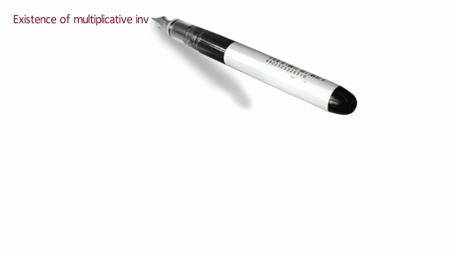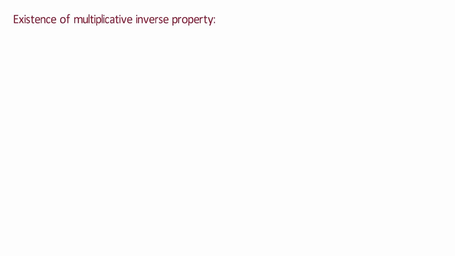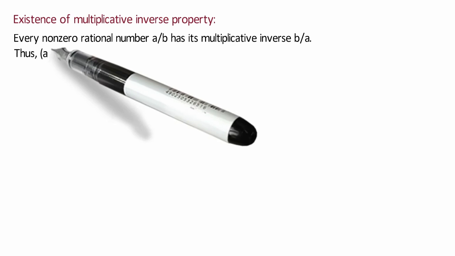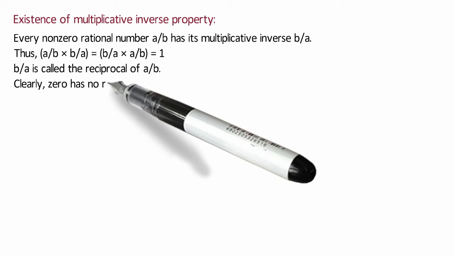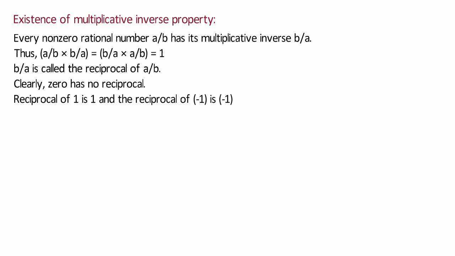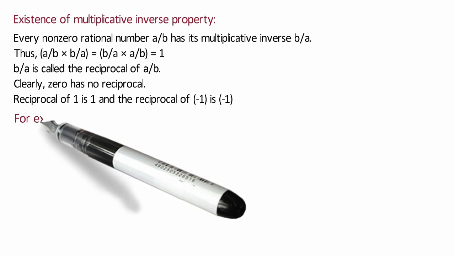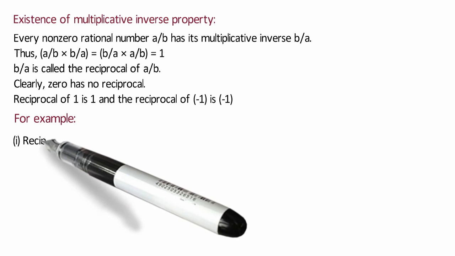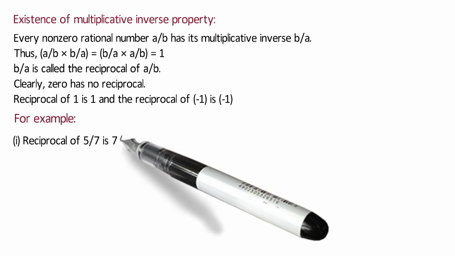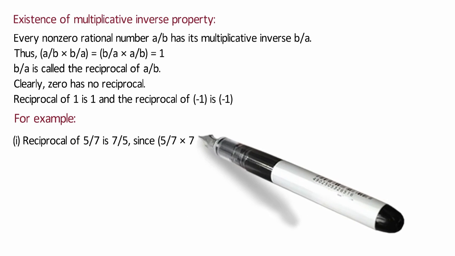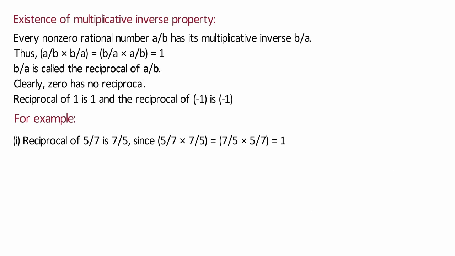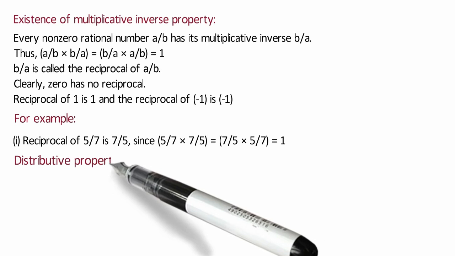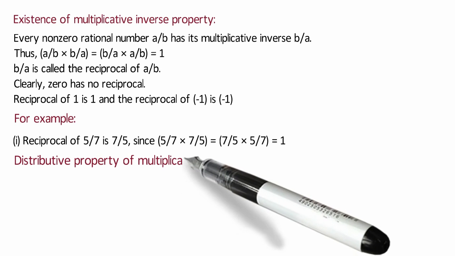Existence of multiplicative inverse property. Every non-zero rational number a/b has its multiplicative inverse b/a. Thus, a/b times b/a equals b/a times a/b equals 1. b/a is called the reciprocal of a/b. Clearly, 0 has no reciprocal. The reciprocal of 1 is 1, and the reciprocal of -1 is -1. For example,